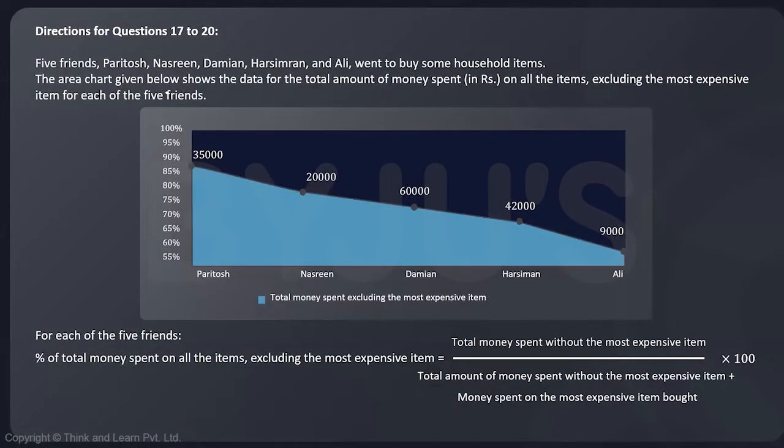5 friends, Paritosh, Nasreen, Damian, Harsimran, and Ali went to buy some household items. The area chart given below shows the data for the total amount of money spent in rupees on all the items, excluding the most expensive item for each of the 5 friends. So if we look at Paritosh, he spent 35,000 rupees,